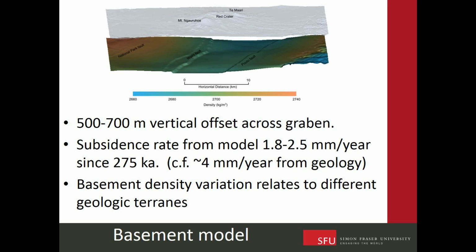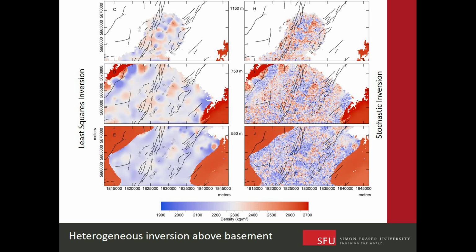And as I said before, the basement density variation relates to the different terrains that are on either side of the graben here. So now that we've got our basement, we wanted to fix that in our model. So basically lay that into our model but set the cells not to be active. And then we're going to use the full wavelength of the data set and solve for what's left. And that's going to relate to the shallower material above the basement. In this case we did a heterogeneous inversion because with the volcanics, we didn't really have much guidance on trying to constrain them with the geology.